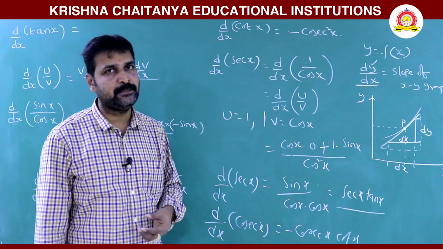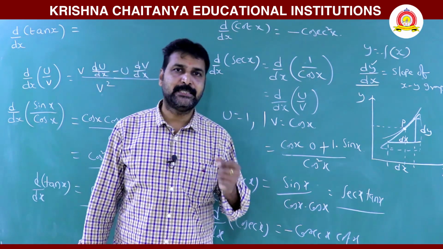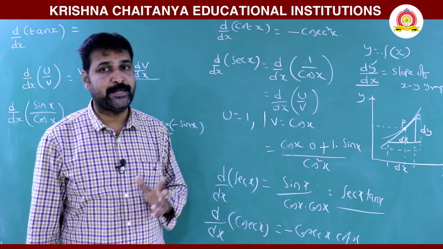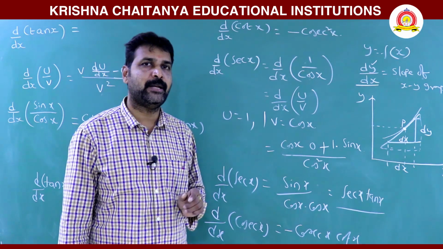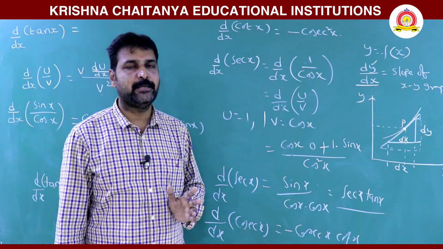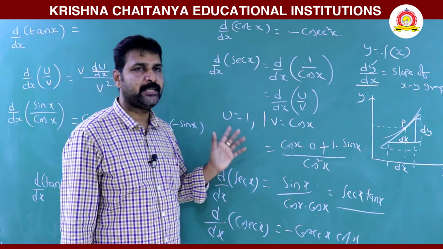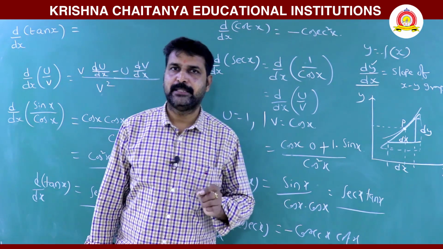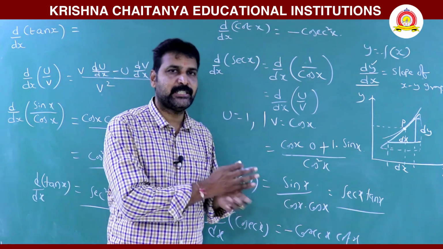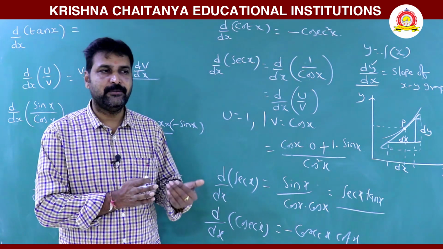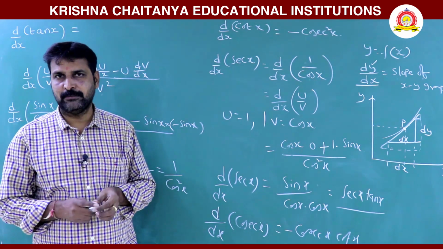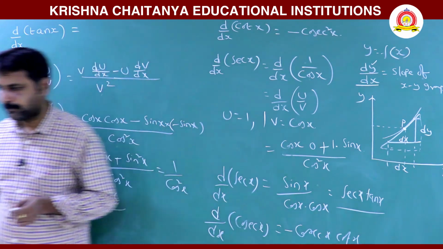In this differentiation, the basic formulas we have to remember are d by dx of x power n, which is n into x power n minus 1, d by dx of sin x and cos x, and d by dx of the uv method and d by dx of the u by v method. These are very important. Now how motion in a straight line deals with these differentiation methods, we will go with some examples.